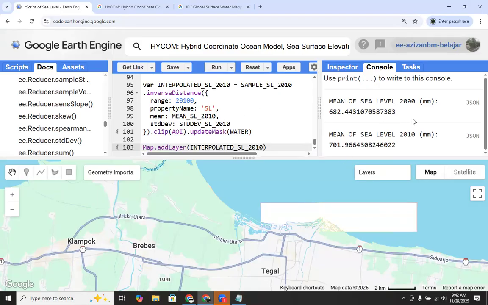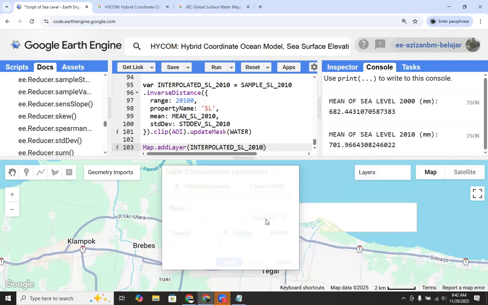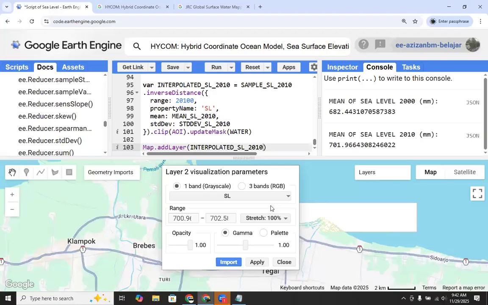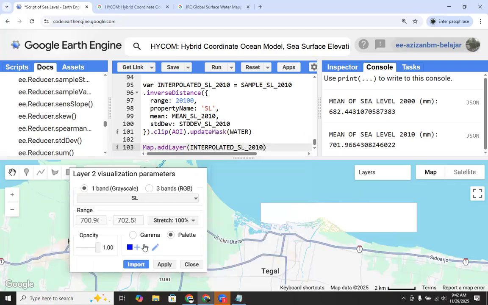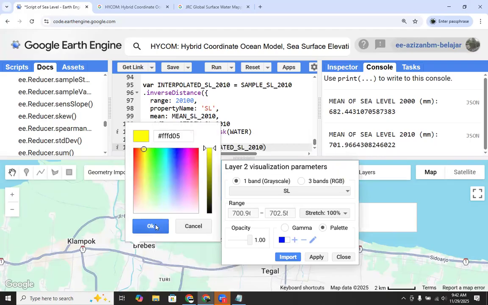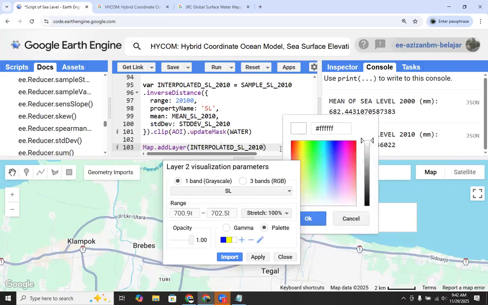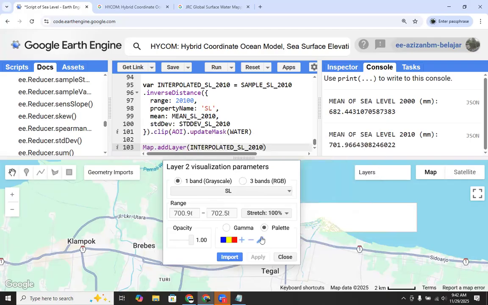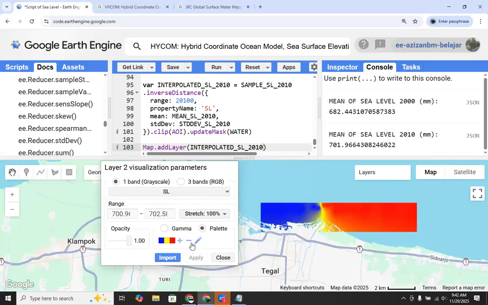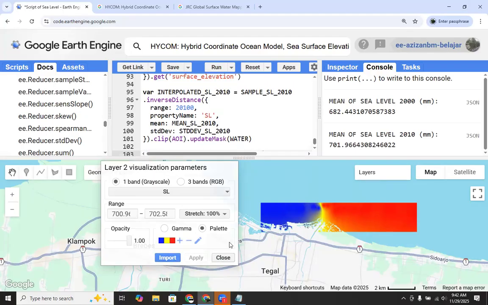So we can see an increase of sea level. And then we can click import and close.